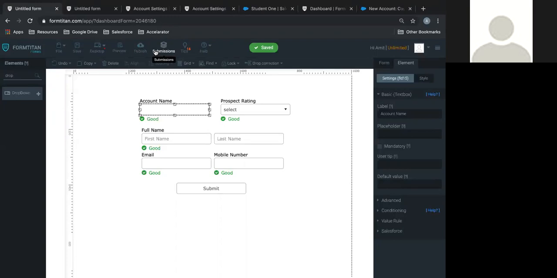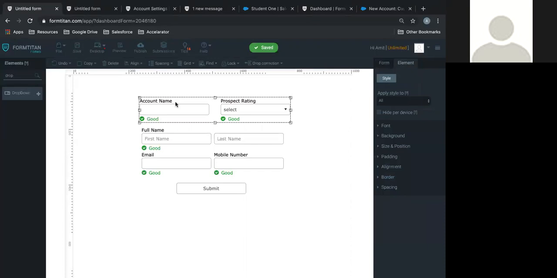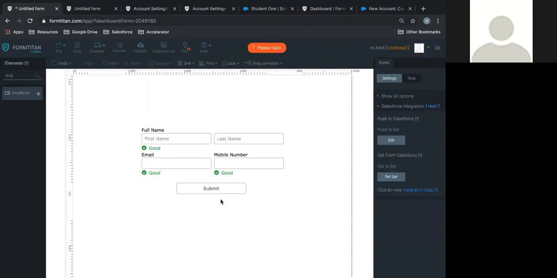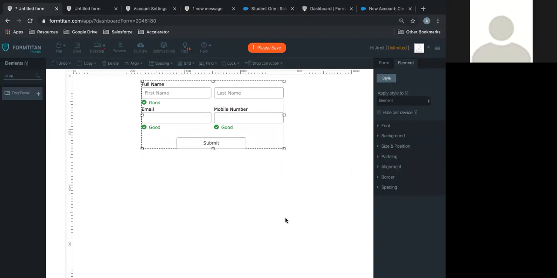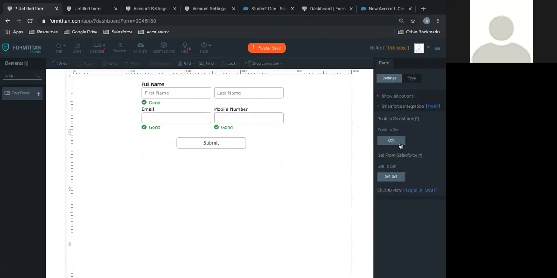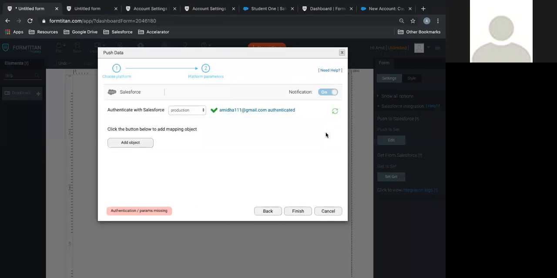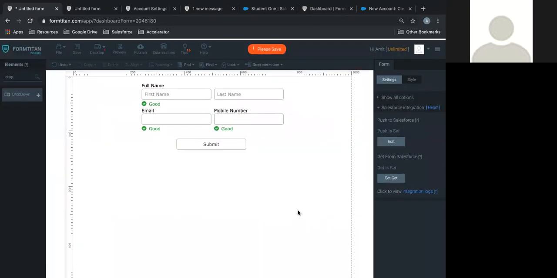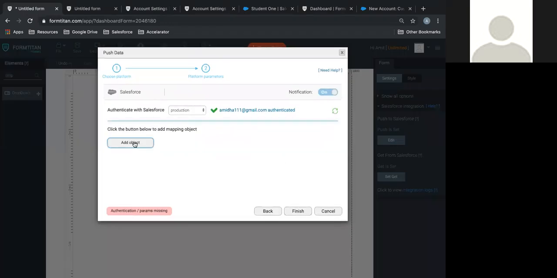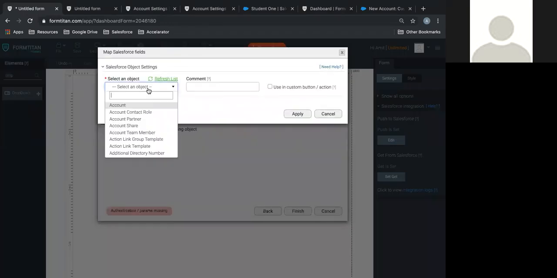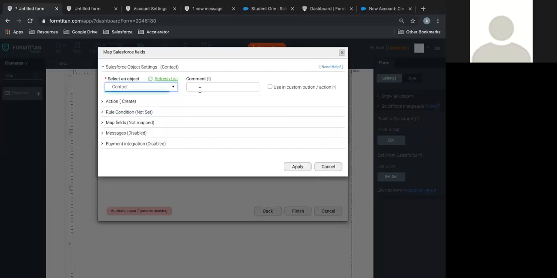Next up is Salesforce Action. Why is this different from a standard submit option? Well, because you can run it almost whenever you want, really. I'll show you exactly how they work. Let's delete this for a second. Actually, I'll move them down for now so they don't come in the way. Then I'll move these up. We'll go to push and I'll delete all of this and I'll show you from scratch how it works, okay? So if I click on push and I'll add an object, I'm going to select contact and then I'll add a comment. It'll say create